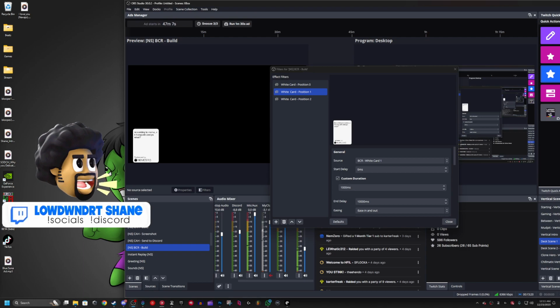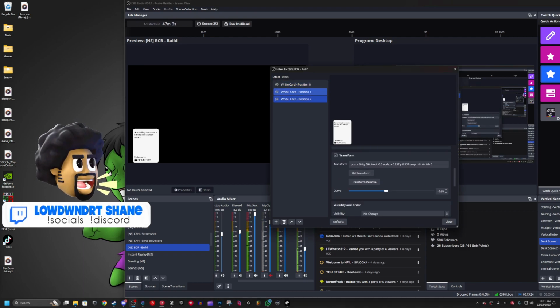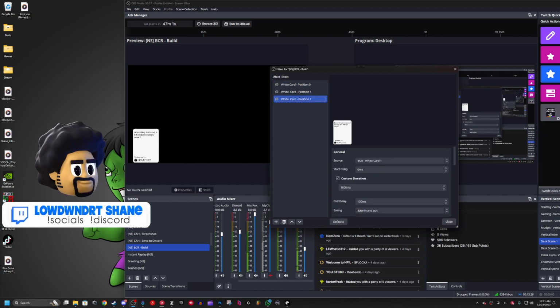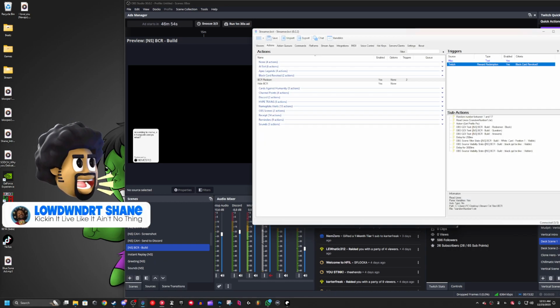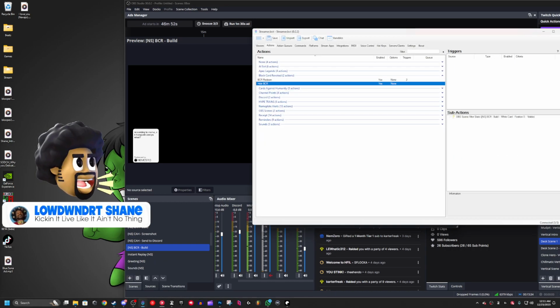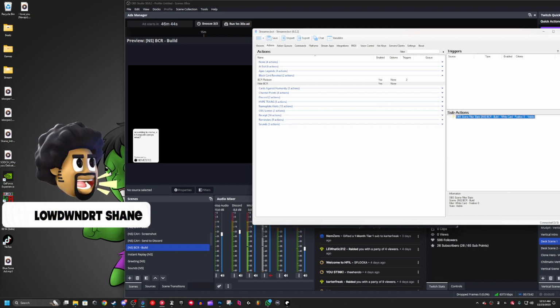Okay, so I want that. That's going to be my position 2. We'll get that transform there. Okay, cool. And then after that, I want to check and make sure that my button for hide BCR has not changed. That'd be white card position 0. Okay, cool. All right, so if I were to slide over, hit my button,